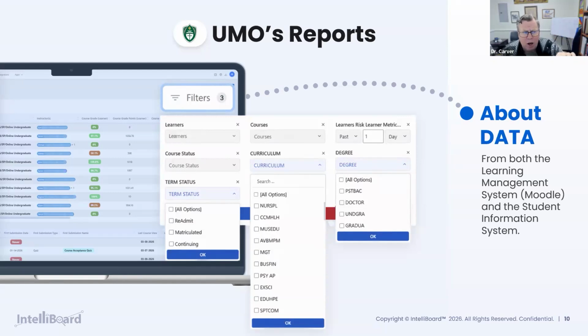What have they not done? If they've done something, the reports allow me to see what it is they're doing, high critical, low critical. Do they seem to be taking all the quizzes, but they're not doing their papers? What could that be indicative of? I could have a writing problem. Do I need to get learner support involved? Do I need to start making recommendations to the student? I would need all day to go through how I could take all this data and use it for each part of the person.